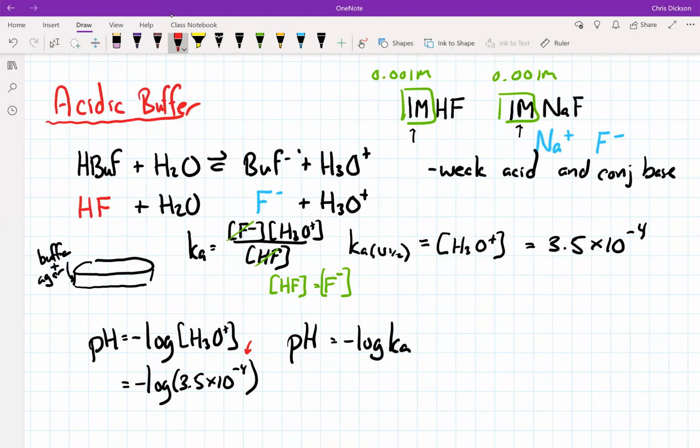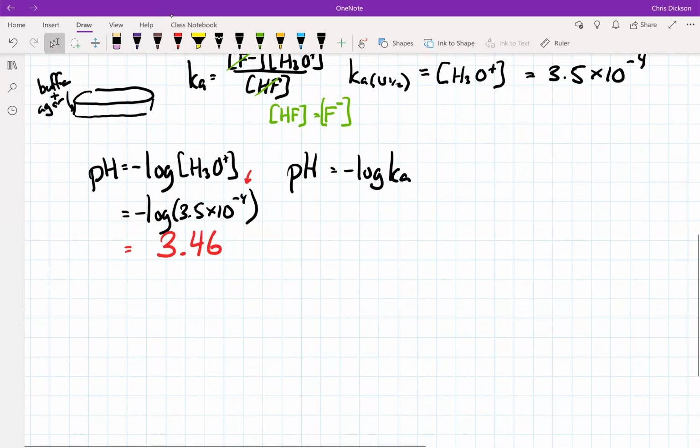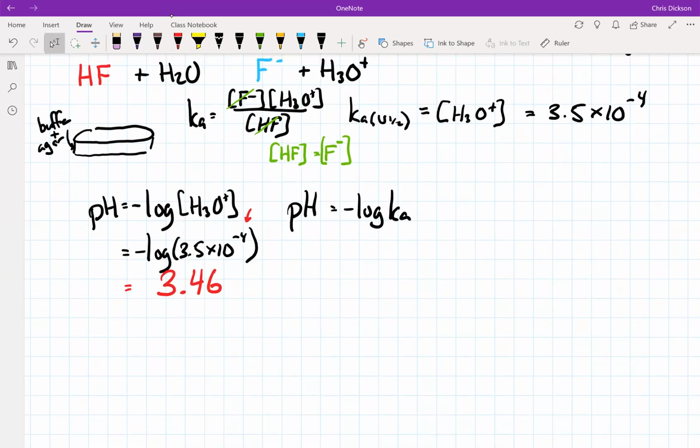So there we go. So let's go negative log of 3.5 times 10 to the minus 4. Yeah, so I get a pH equal to 3. I guess with sig figs, 2 sig figs, so 3.46 here. So that wouldn't be necessarily a good buffer for human skin cells to grow, or other parts of